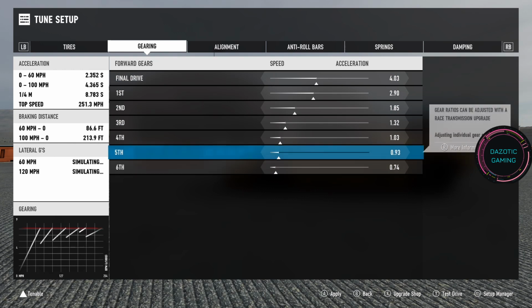So when you're doing your gears, you're looking at the space on the graph on the bottom left. You want the space between each gear to be perfectly even. Okay, the exception is going to be, a lot of times,